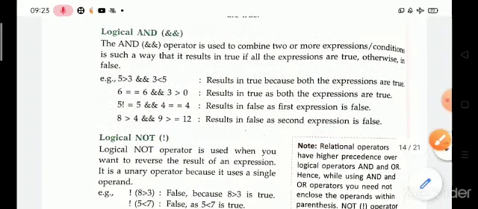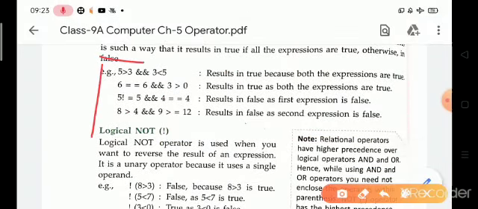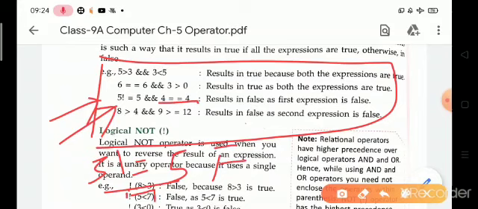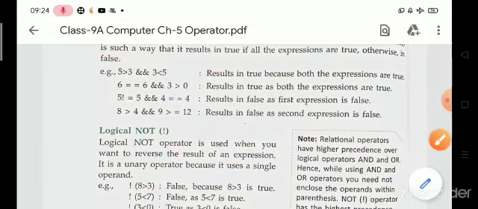But in the third example, 5 not equal to 5, this is a false statement, and 4 equal to 4 is true, but one condition is false, then output will be false, because here we use the AND operator, and AND operator checks when both conditions are true, then output is true, otherwise false.